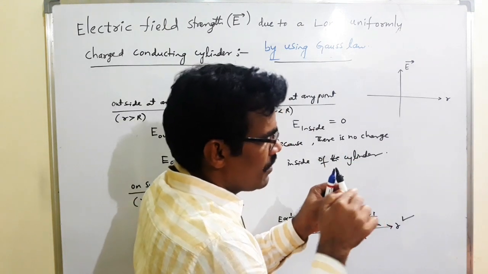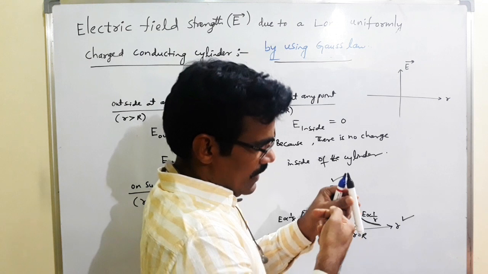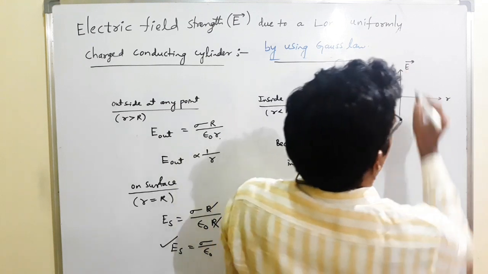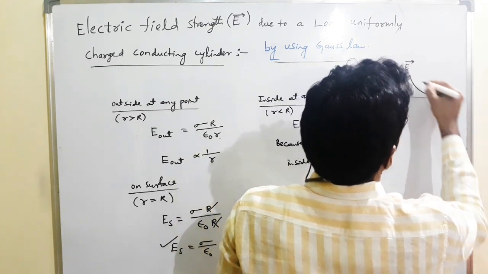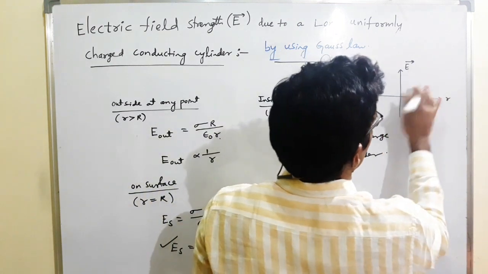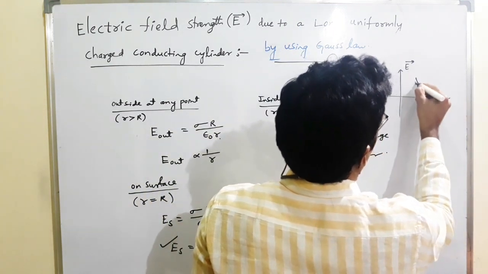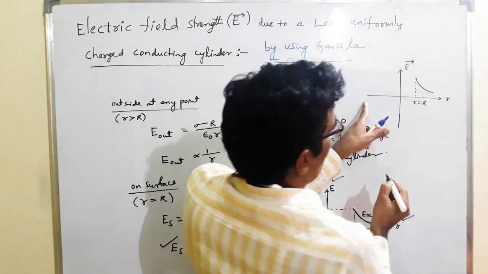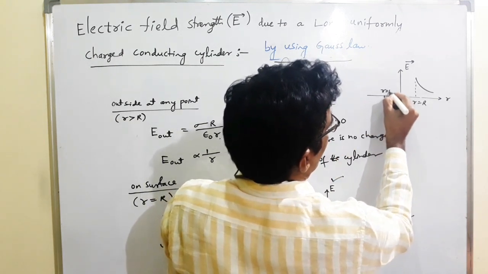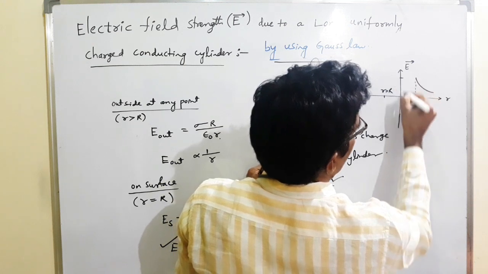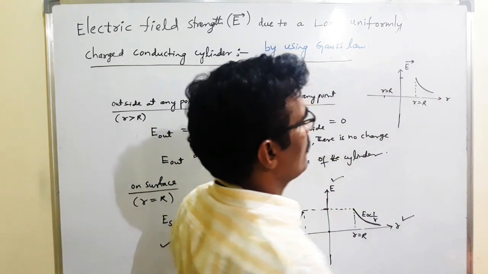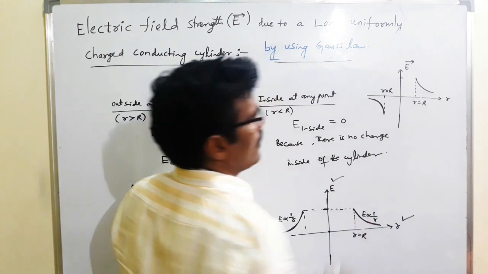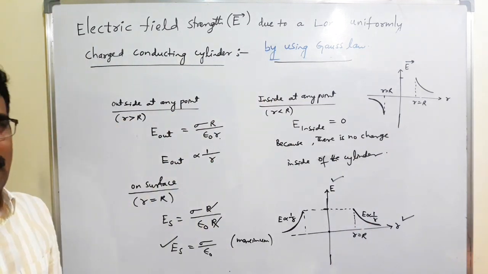So here this is a cylinder, the field at this point is on this side, and at this point on this side. At this point on the right side, E bar is positive. That's why your graph is similar to this one. Small r is equal to capital R. Inside at any point, inside the cylinder, field is 0. Just outside, it starts. So here, this is the graph. Okay? Is it clear? Right, thank you.